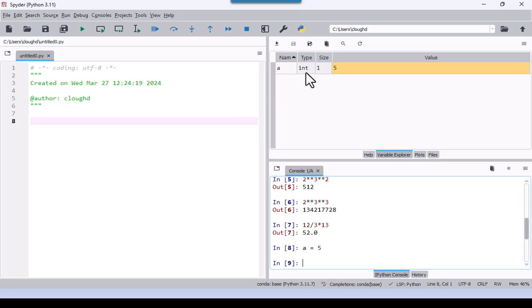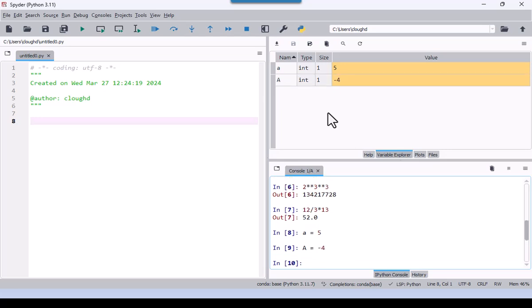The type it has assumed is an integer variable with just one number stored, and that number is 5. If I use instead a capital A, we see that that is stored as a separate variable. So it is case sensitive in Python as it is in MATLAB, but as it is not in VBA. So here we have assigned a different value to capital A,